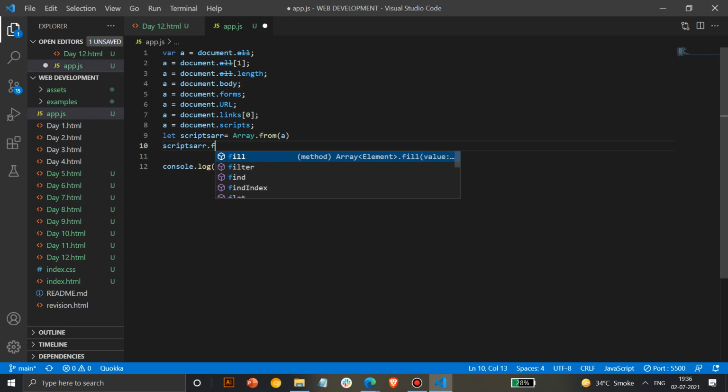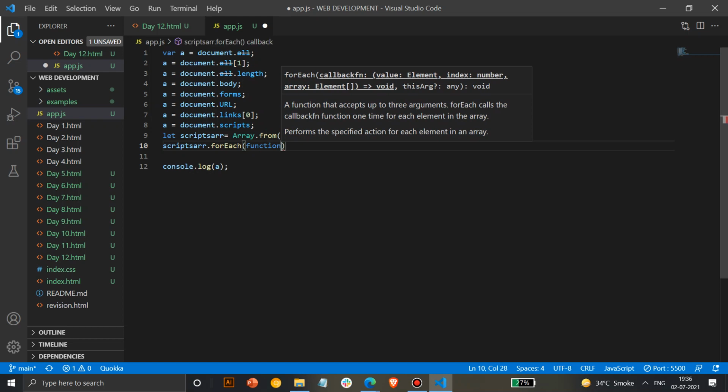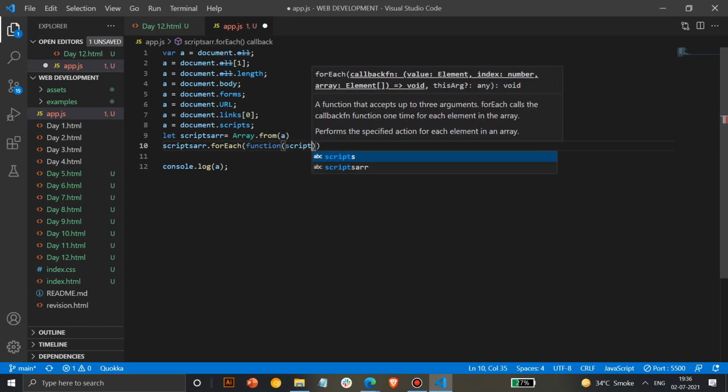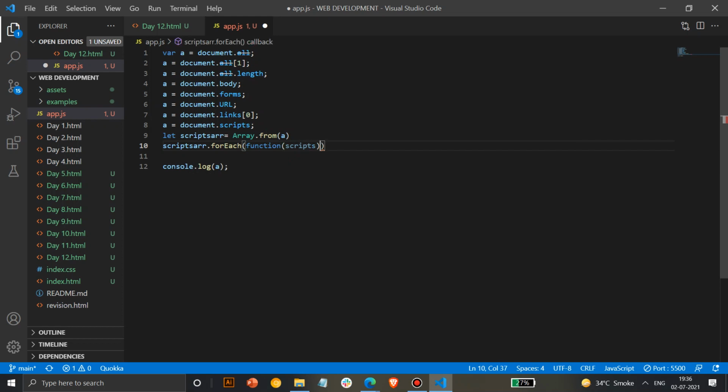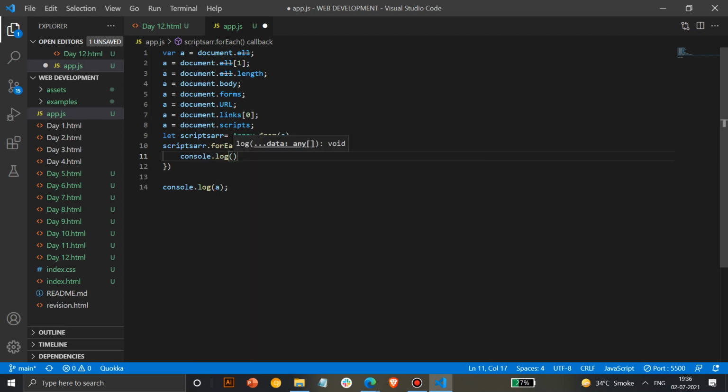Dot for each. It shows for. Oh, I missed the capital E. I think that must be the issue. Did I take a capital E or a small e? I think I took a small e. Small, small. Yes. Sorry for that, and then you just type it out. I didn't notice it, so do notice these small things.